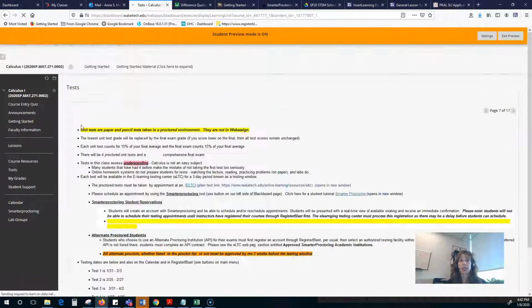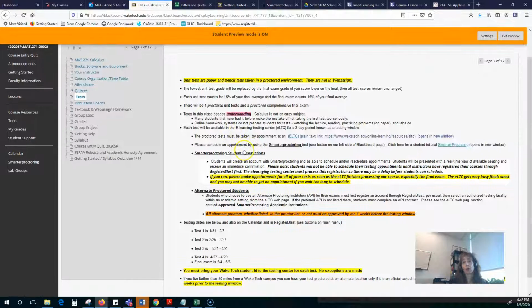There are 4 unit tests, and they are paper and pencil tests. They're not in WebAssign. So that's why I have those labs, so that people write the notation, get used to taking an assessment in that type of format, because the tests are the biggest part of your grade in this class. If you live more than 50 miles from Wake Tech, you can take them